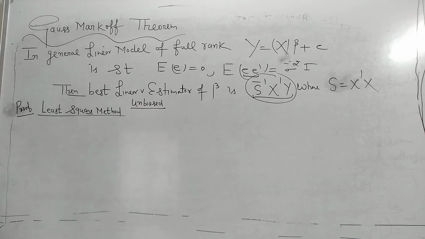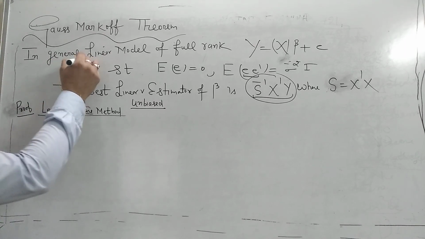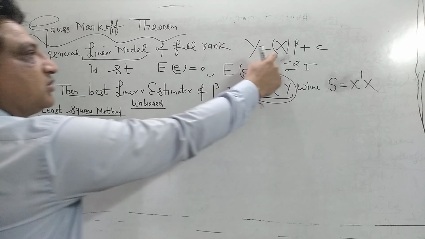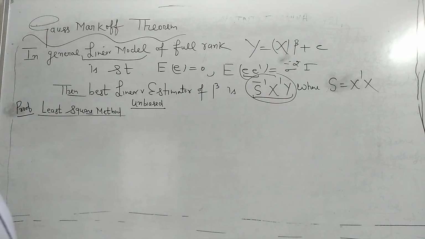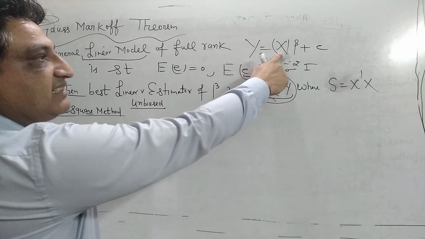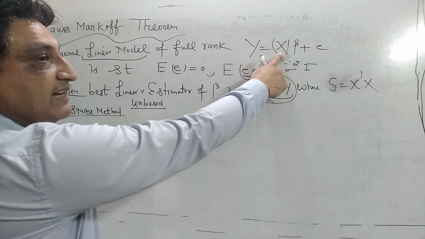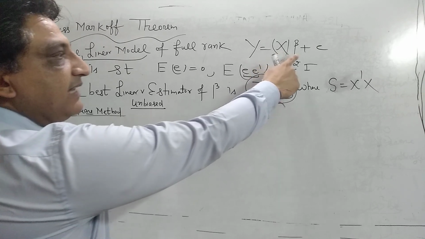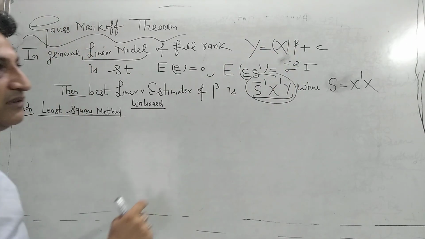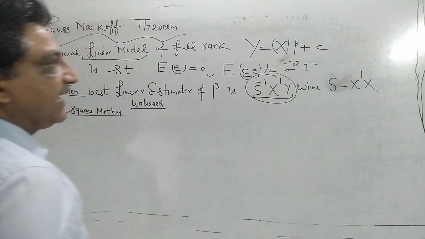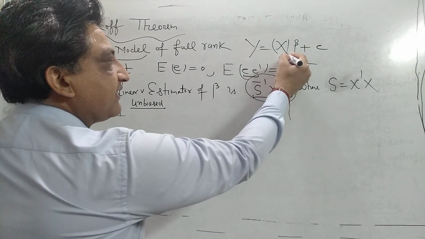Hello, good morning, students. In the first part, we have done what the Gauss-Markov theorem is. There is a linear model y = Xβ + e, where y is some random observed vector which we want to estimate on the basis of the values of X, X is some known values that we have collected by sampling, β we want to determine, and e is the error, and where X is some n by p matrix,